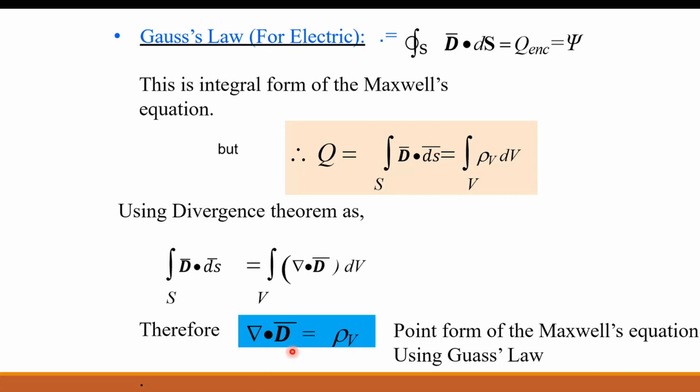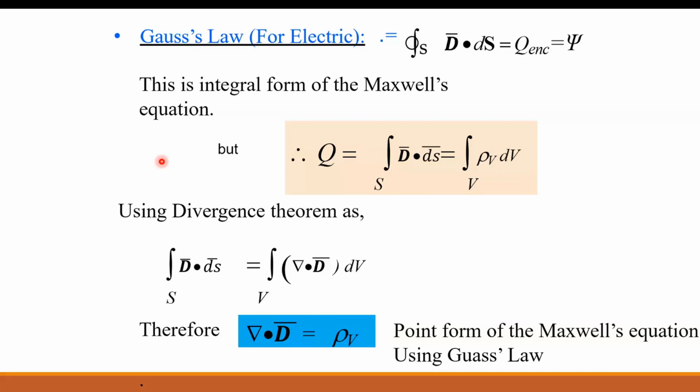Okay, so this equation is known as Maxwell's equation derived from Gauss law, and it is the point form of Maxwell's equation for static fields. Remember, there is a change in some equations for time varying fields. In time varying, we are going to see the same equations, but there are some time varying quantities.